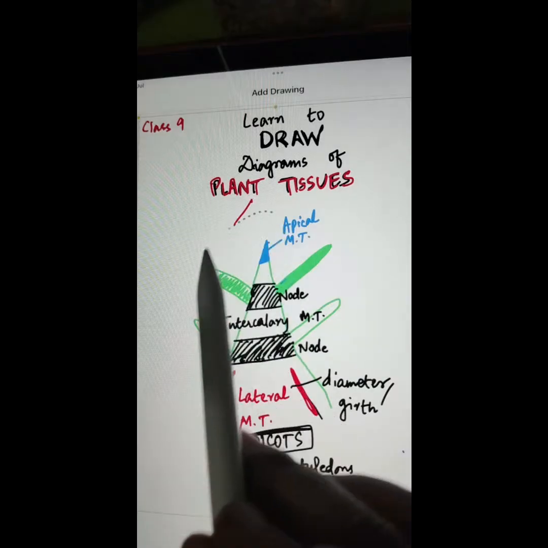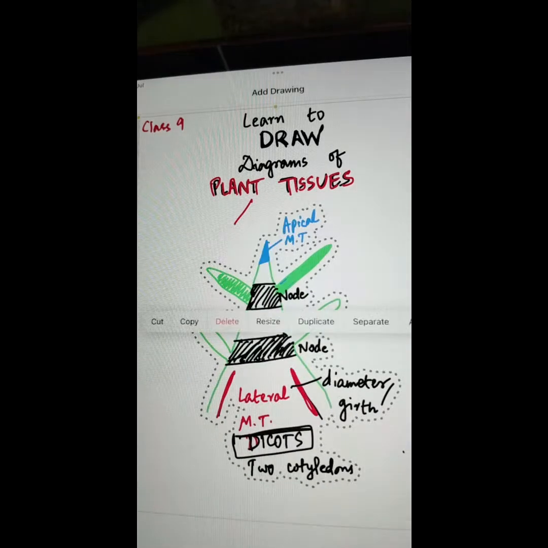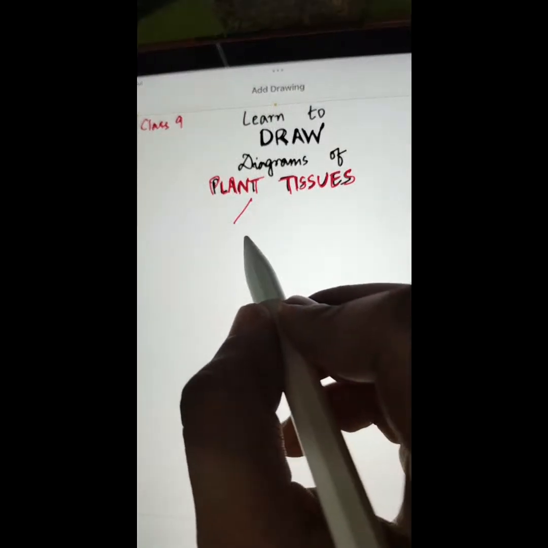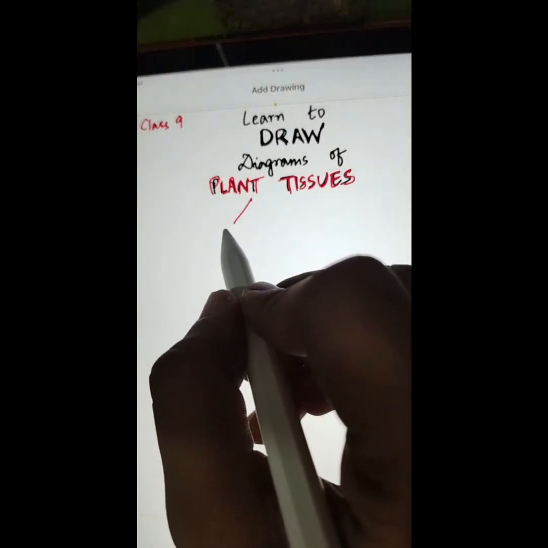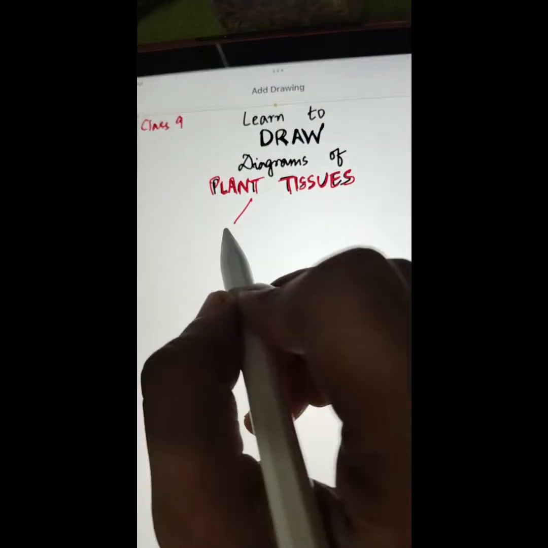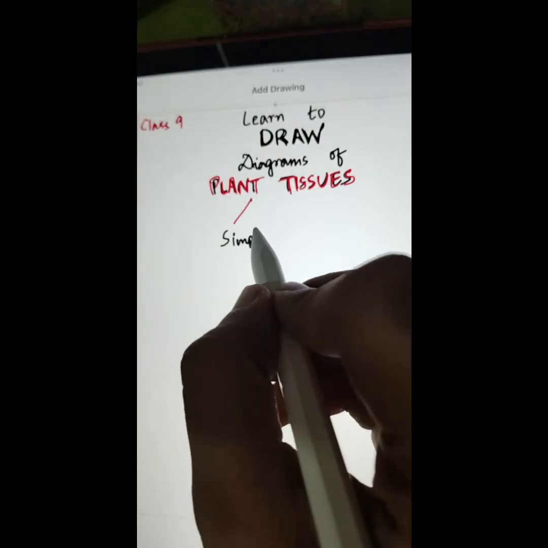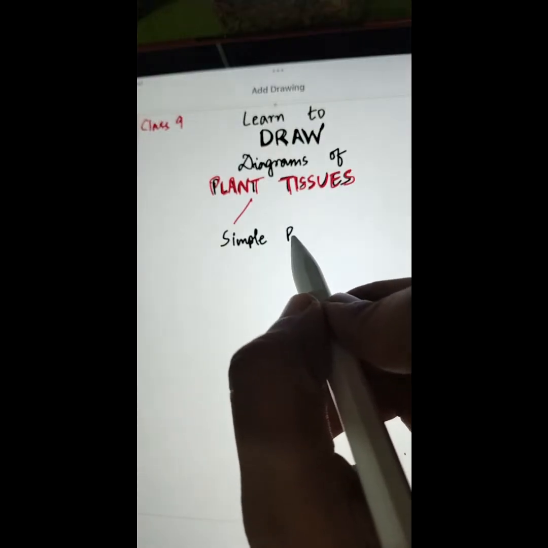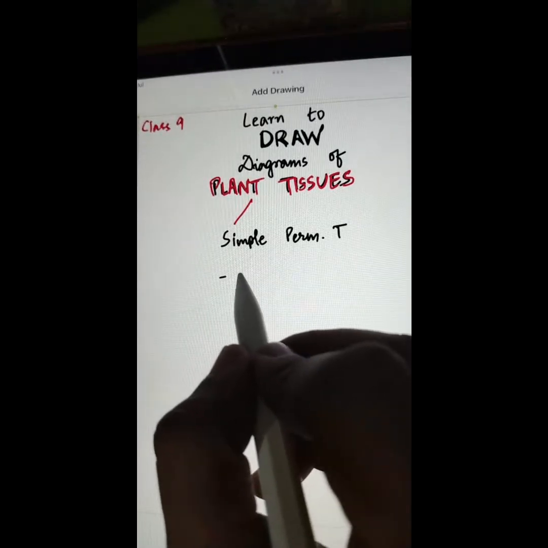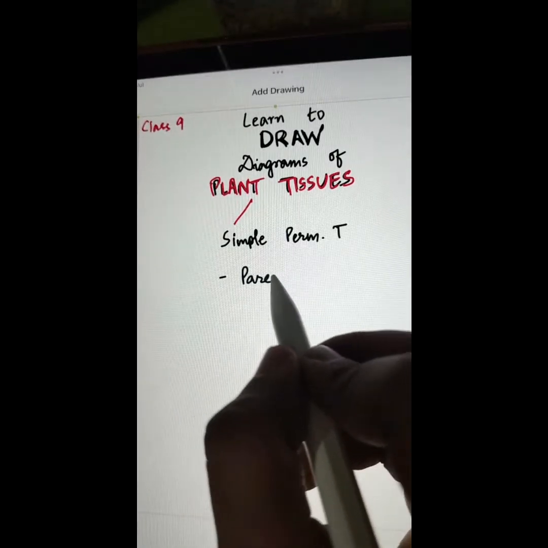So we are done with the meristematic tissues. Now, before going ahead, let me brief you that permanent tissues are of two types. And first, we will be going ahead with simple permanent tissue. Simple permanent tissue in plants includes